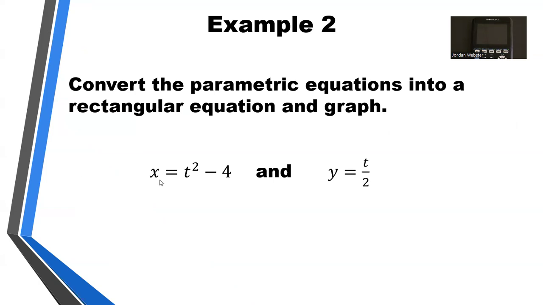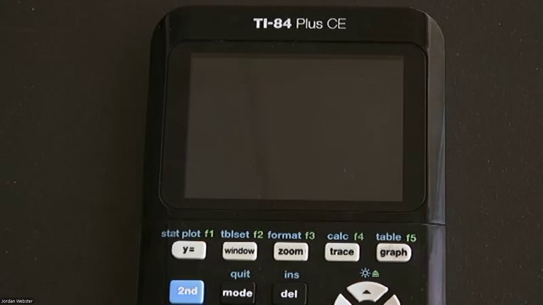Let's say we have this pair of parametric equations where the x value is given by t squared minus 4 and the y value is given by t over 2. This was example number 2 in our parametric equations lecture. So if I want to graph this set of parametric equations on the